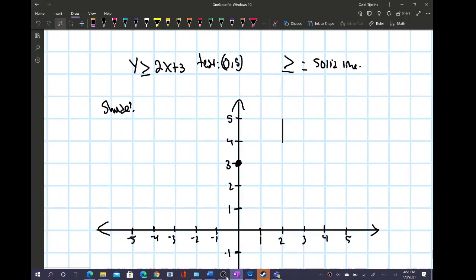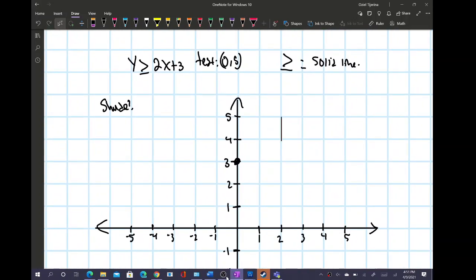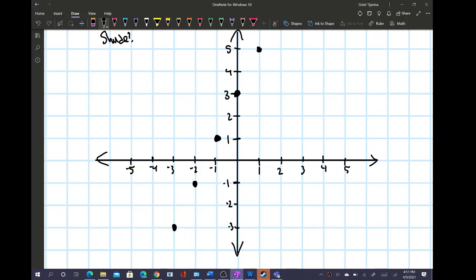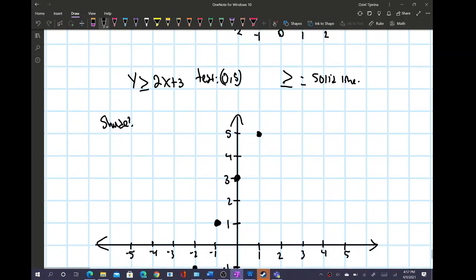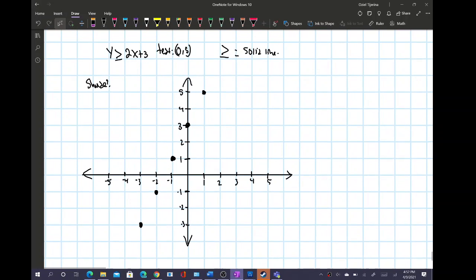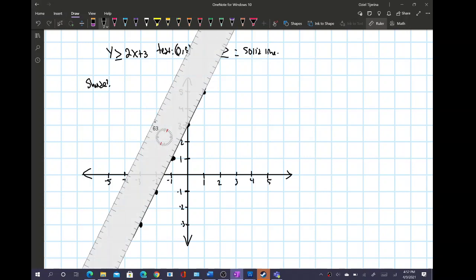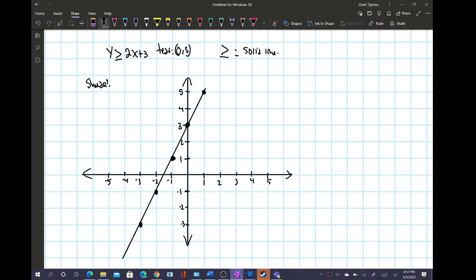So you're gonna graph it as a linear function, right? And you're gonna say, okay, so basically we have 1, 2, 1, and then 1, 2, 1, right here, 1, 2, 1, and you just keep going until you graph it, right? And since it is a greater than or equal to, you're just gonna go ahead and do that line, and then you ask yourself,